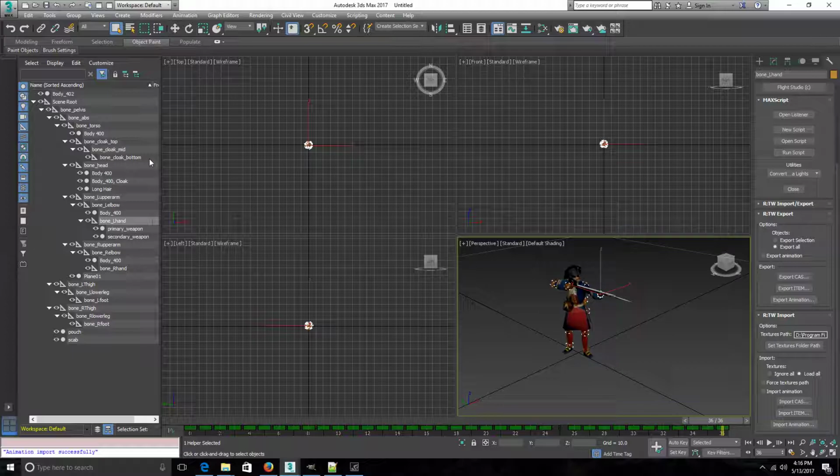Now let's export this. To export it, you only choose the objects, like the skin objects, or the objects that have texture on them. None of the bones. So you have to hold down Control and highlight this and this and this, and let's say the primary weapon. In this case, the primary weapon does not have a